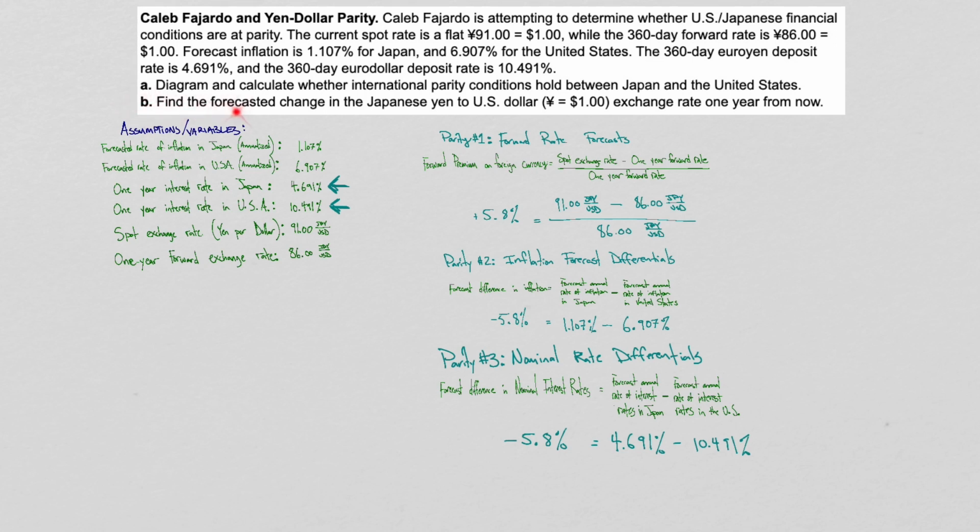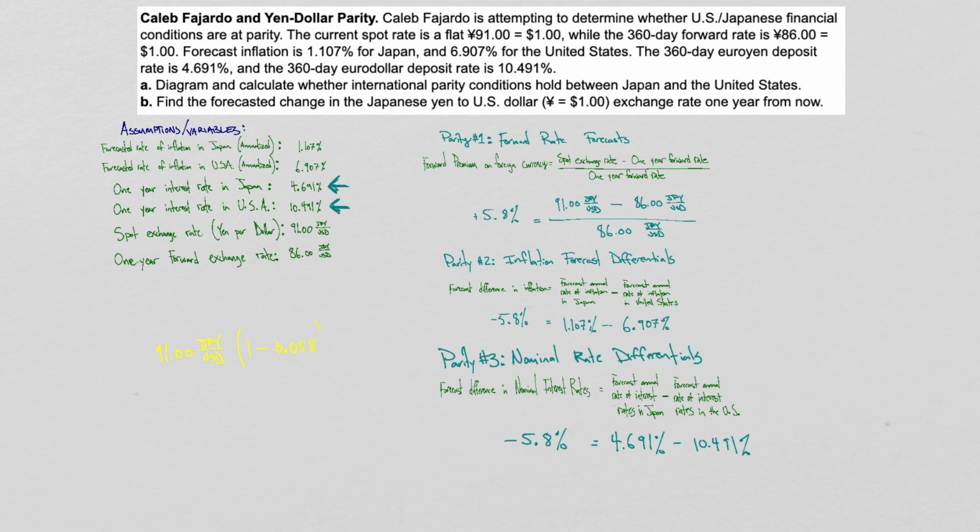So that's what we need to answer part B here. Find the forecasted change in the Japanese yen to the US dollar exchange rate 1 year from now. In fact, we can really just stop at this point and say the percentage change is going to be 5.8%. The yen is going to strengthen by 5.8%. If you wanted to, for context, work that out manually, you can take a look at what the exchange rate is today, this 91 Japanese yen to the dollar, and say, well, if the yen is going to strengthen by 5.8%, that means I have to go the other way, 1 minus